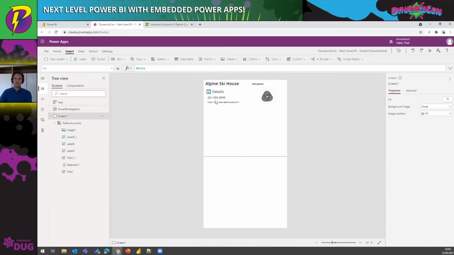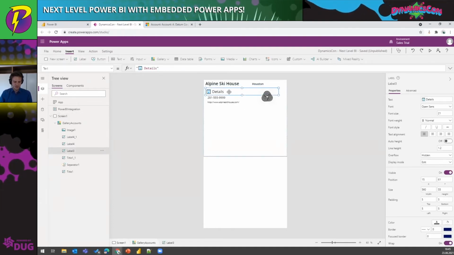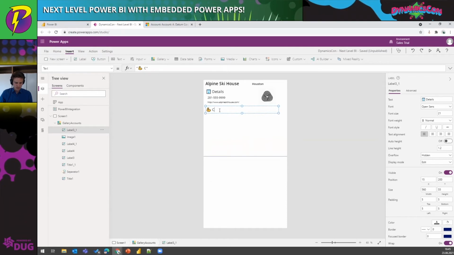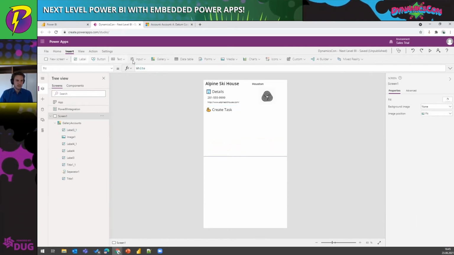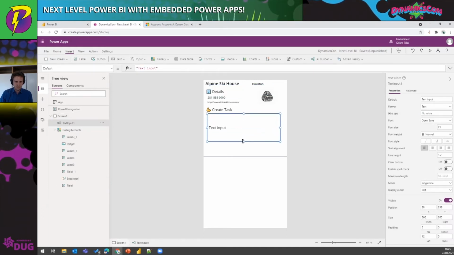The next thing I want to do is actually have the potential to create new data, to add new data like comments or tasks. I was mentioning that I want to be able, as a sales manager, to create to-dos or tasks for my salespeople. So I will put in a new header here, create a task. And for a task, I need a text input because I need to put in the description of the task. I will make this a multi-line,